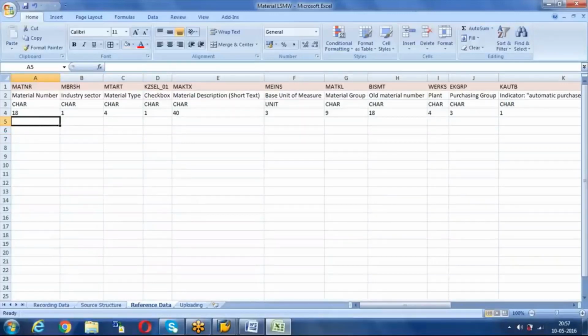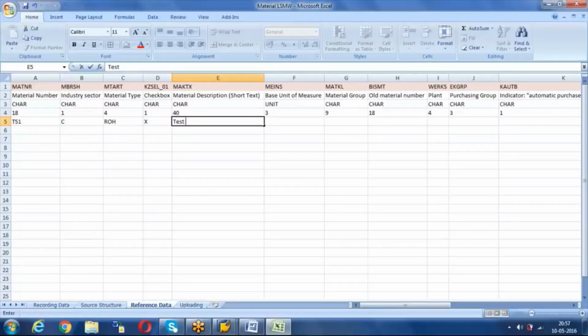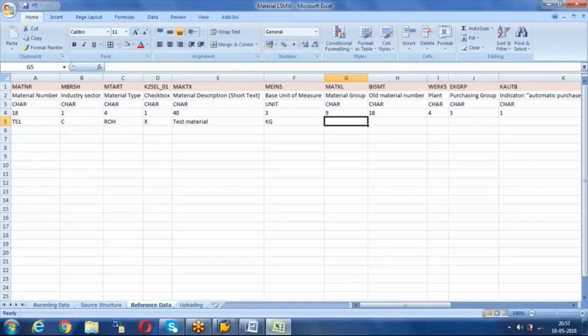See, material number, we can give something like TS1, industry sector C, chemical industry, material type ROH, checkbox, wherever checkbox is there you just click on X, description, test material, base unit of measure kg, material group you can give as 001, old material something we can give YLM1 something, plant is 1000,